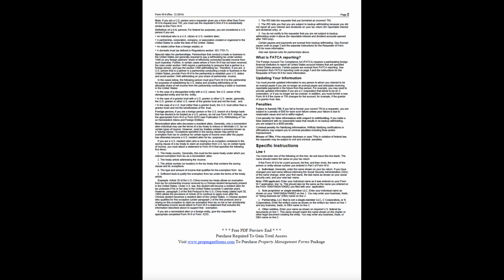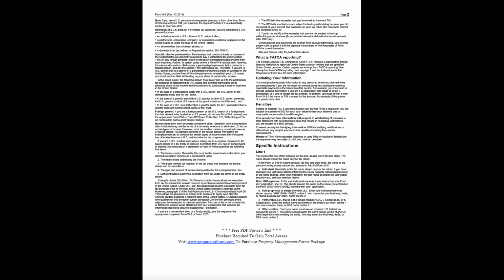1446 withholding tax. Therefore, if you are a U.S. person that is a partner in a partnership conducting a trade or business in the United States, provide Form W-9 to the partnership to establish your U.S. status and avoid Section 1446 withholding on your share of partnership income. In the cases below, the following person must give Form W-9 to the partnership for purposes of establishing its U.S. status and avoiding withholding on its allocable share of net income from the partnership conducting a trade or business in